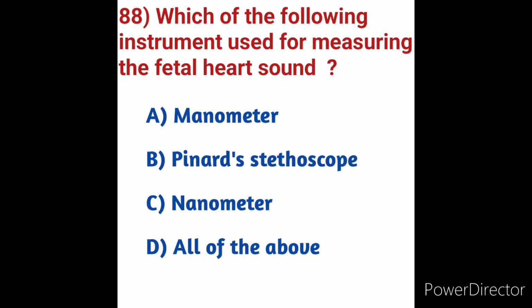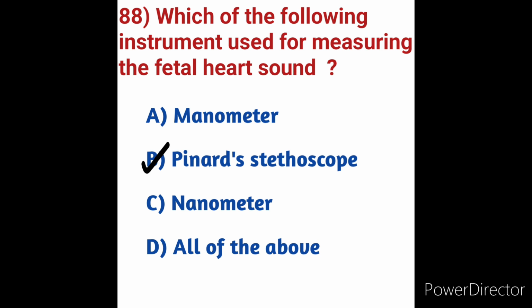In which position can we hear the heartbeat of the fetus with the Pinard stethoscope? The back will have been located during lateral palpation. The midwife will position the Pinard stethoscope over the anterior shoulder of the fetus, placing it at right angles to the abdomen and pressing gently but firmly against the abdomen. The fetal heart can be heard. So which of the following instruments is used for measuring the fetal heart sound? Option B, Pinard stethoscope, is the correct answer.